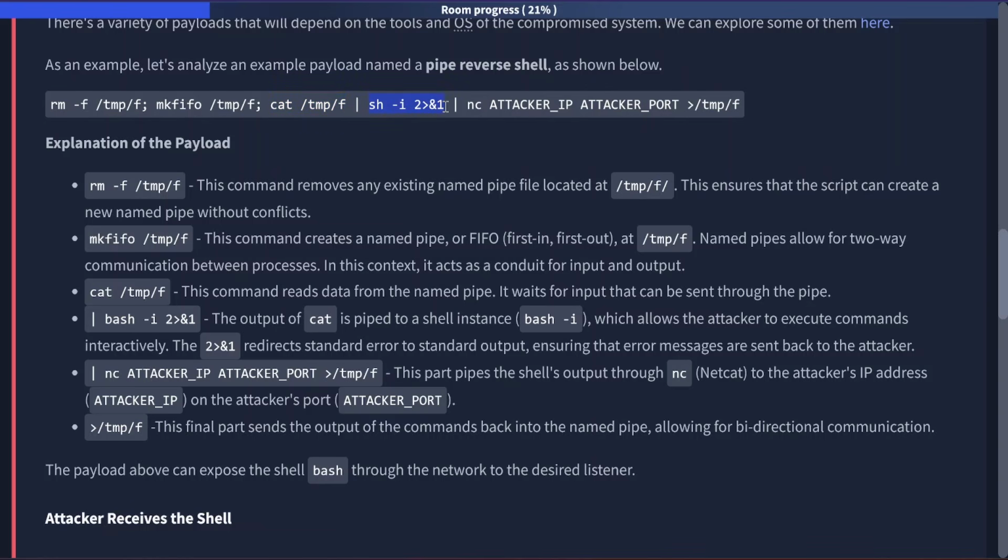Now this command, sh, is going to invoke a shell. So it's just going to pull up a shell for us. The -i makes it an interactive shell that we can actually work with. And then the